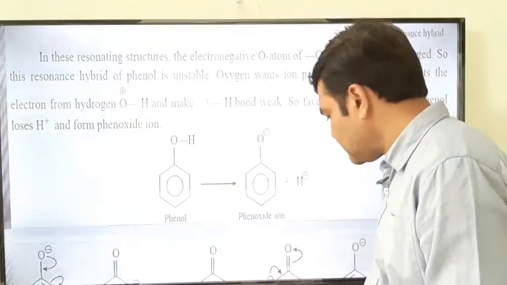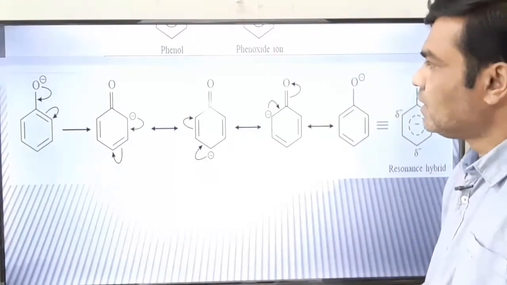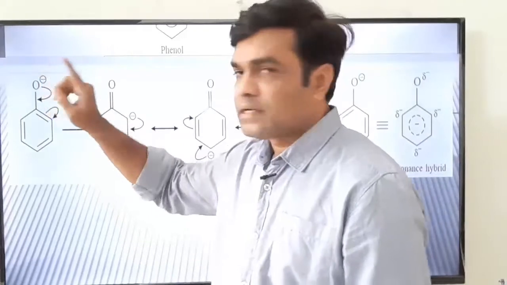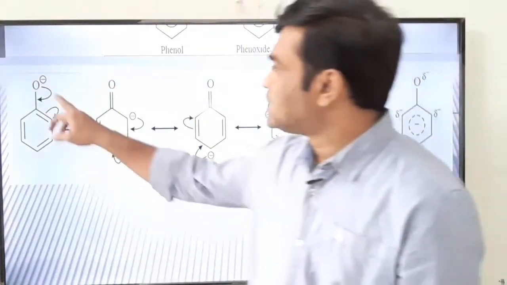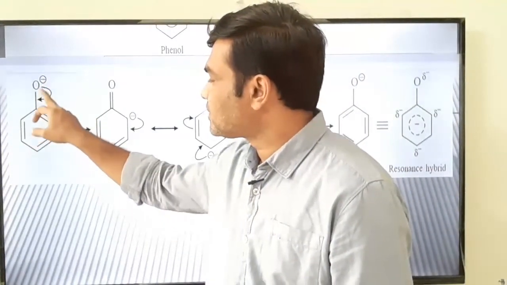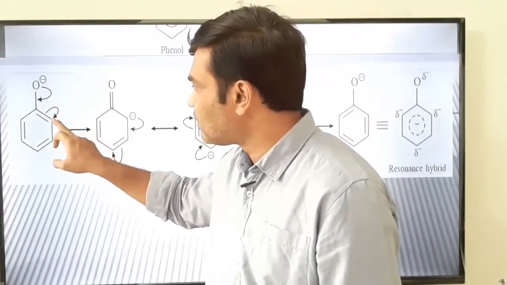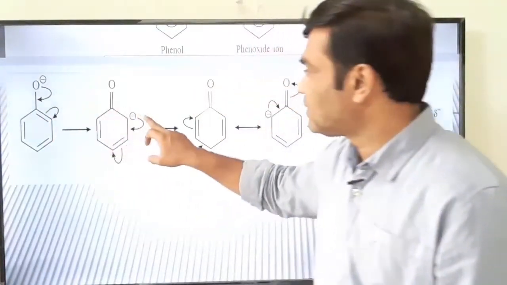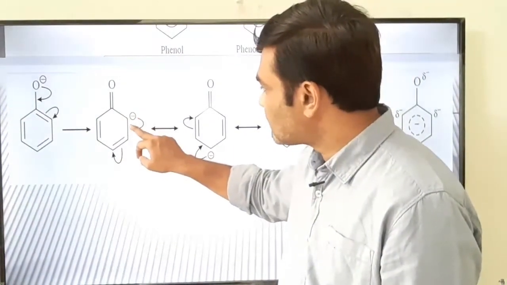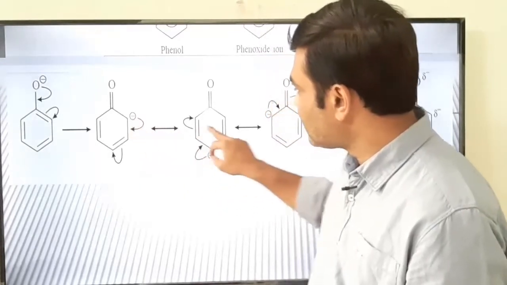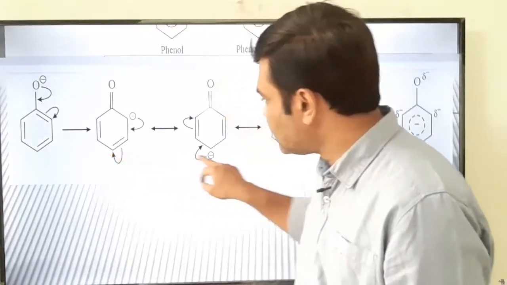Okay, so this phenoxide ion is formed, and see, these are the resonating structures of phenoxide ion. This is the negative charge, meaning 2 extra electrons are there on the oxygen. Shift this, utilize these 2 electrons in the formation of a pi bond, and when this new pi bond is formed, at the same time this pi bond will open on the carbon. What is the charge on carbon? Negative. Now shift this negative charge here, meaning these 2 electrons are utilized in the formation of a pi bond, you can see here, and these pi bonded electrons will open here, so the negative charge will be here.